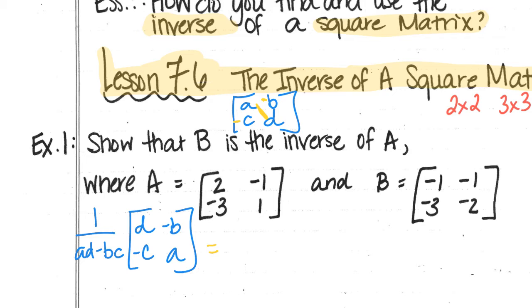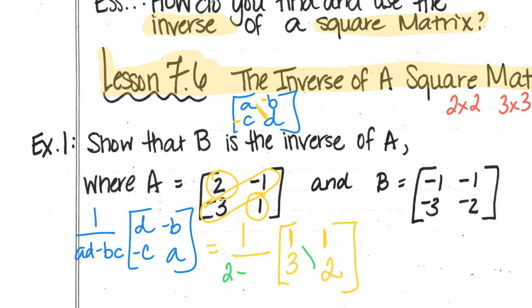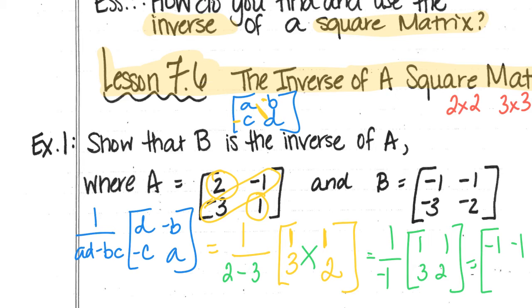So to find this inverse, the first thing I'm going to do is switch the D and the A. So this is the D and the A, and I'm going to flip those two. And then the B and the C, they are negatives right now, so I'm just going to change those to positives. And I have to take 1 over these being multiplied. Well, 1 times 2 is 2, and B times C is 3. So I get 1 over negative 1 times all this goodness,